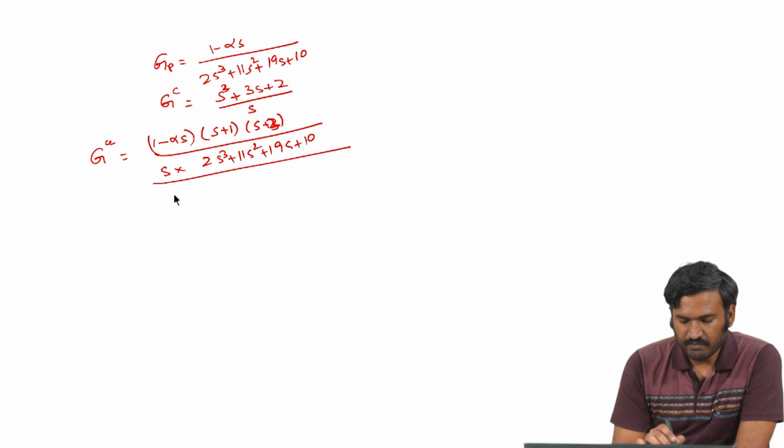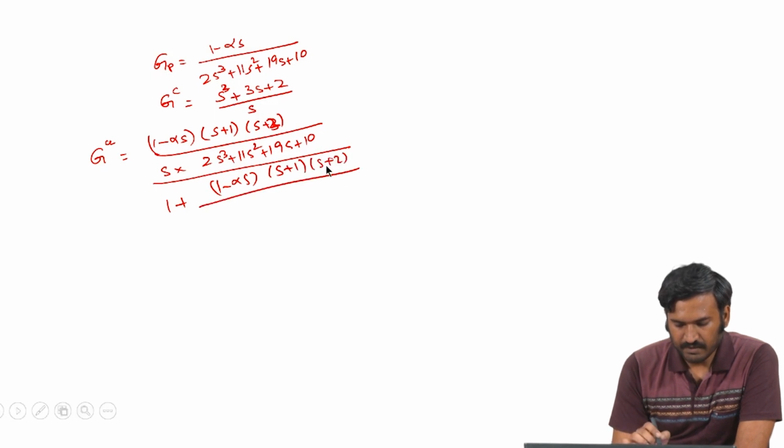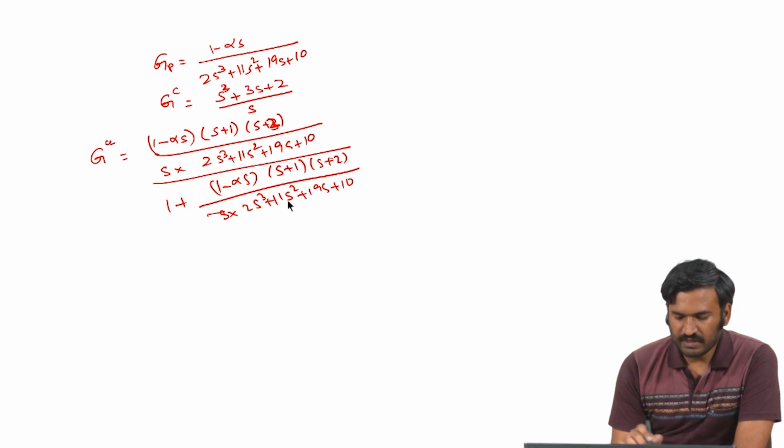So divided by same thing. Now these two will get cancelled and then we will end up with a polynomial